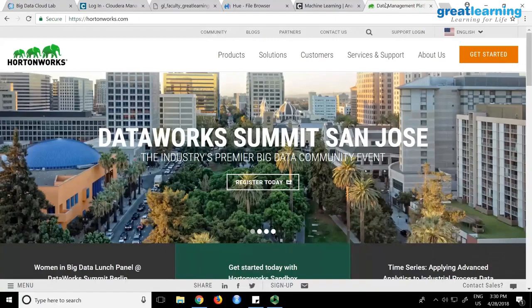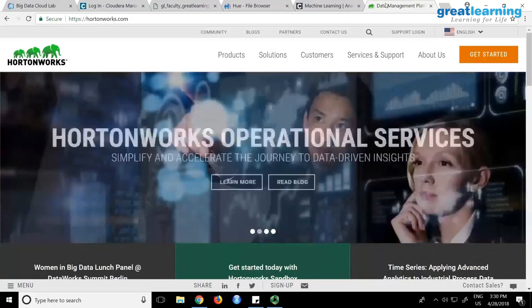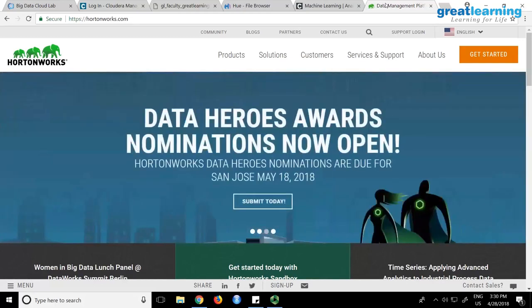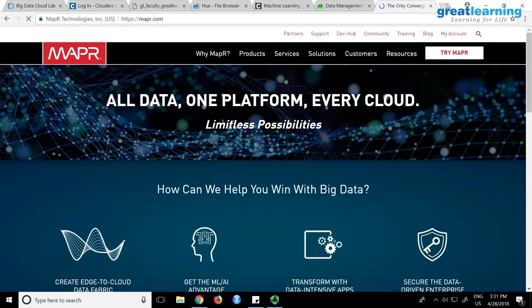Hortonworks and Cloudera are the leading vendors in the big data world. They also provide certification. If you want to write a certification exam, probably after the Spark class you can try that. Cloudera provides certification exams in the big data world. There is also one more company called Mapr. To be very fair, why do people still trust companies like Microsoft, Apple or Oracle? They get support, right? If something doesn't work and you cannot fix it, you have to call them and make them fix it.